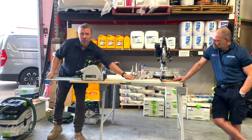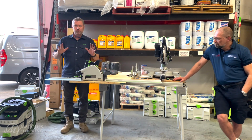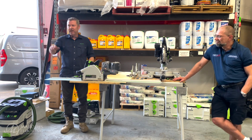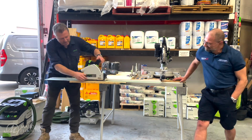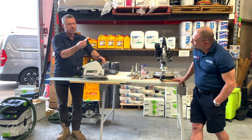Who owns a plunge saw? So how's the dust extraction on it? Okay, 80%. Can I get 85? So this is definitely a really important part of it. That'll give you better dust extraction. So that little stop there,